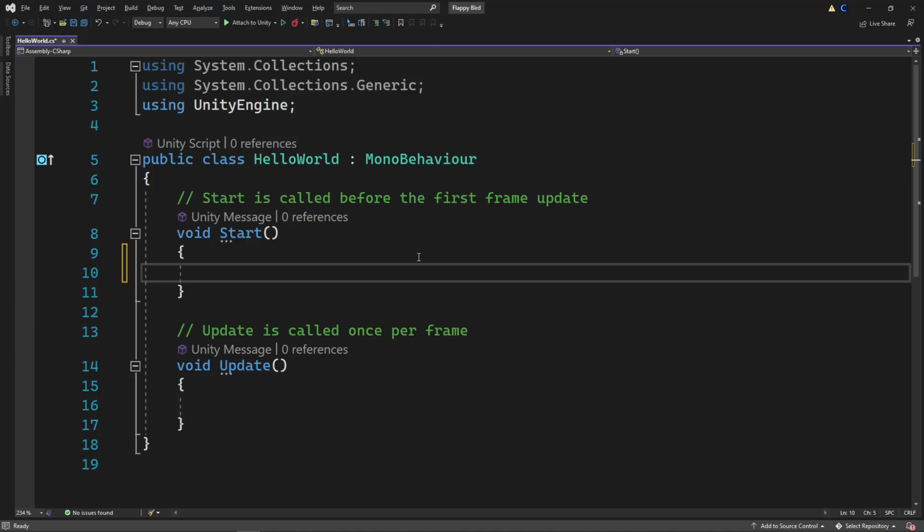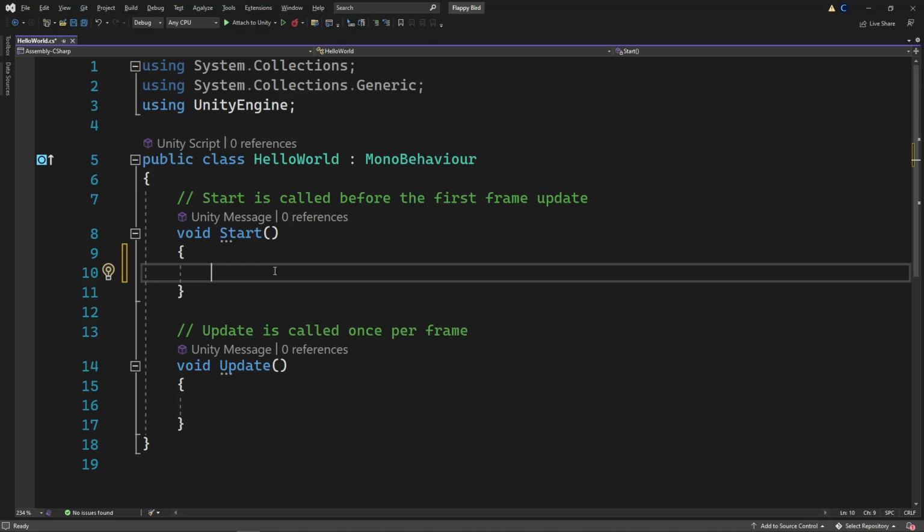It's really nice whenever we write some code and we want to tell ourselves in the future how it works. There are two functions here, start and update. You'll see this every time you create a new script. They have the type void, which essentially just means that they do something. They don't add something together. They don't do a math function. It does something. So that might be moving an object around or detecting when you click something. It's not calculating anything, it's doing something.